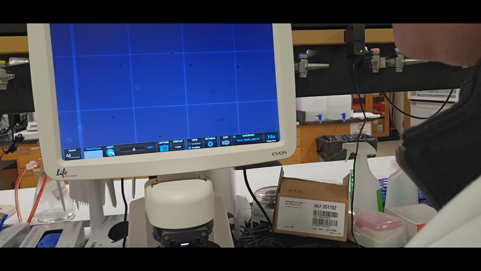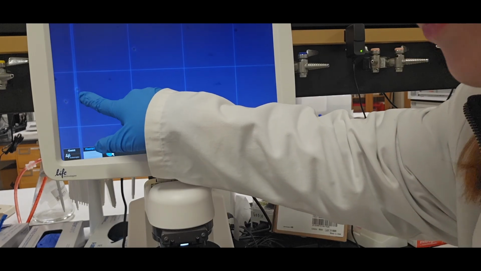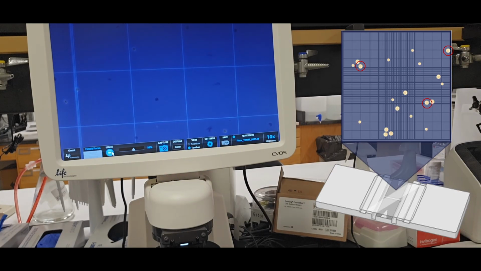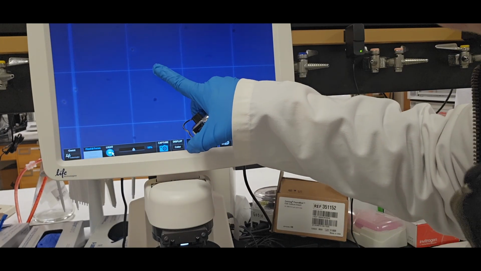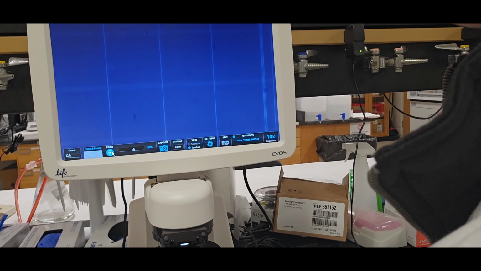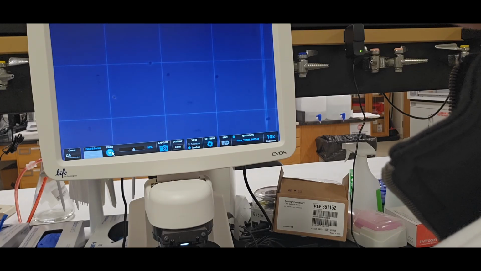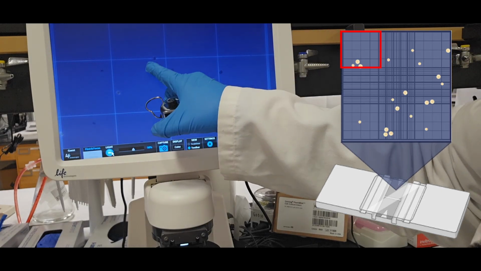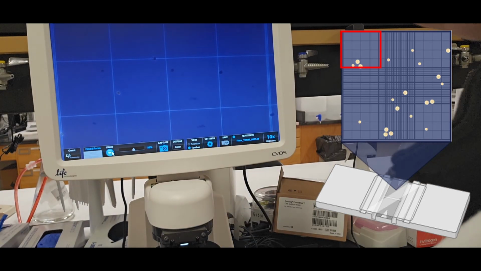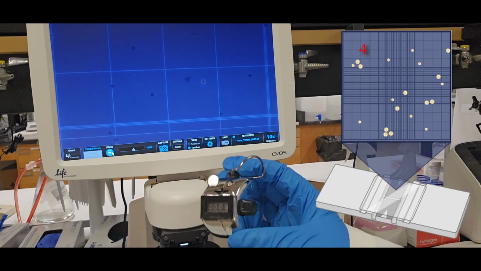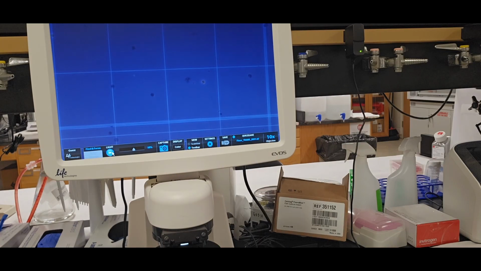This is also a good opportunity to show you cells that are on the edge of a square, like that one, I would count as being inside the squares as well. So I'm just going to go through and count these for you to give you an example. So this is the top of the top left corner. 1, 2, 3 on the edge. 4. So this is telling me there's 4 cells there,